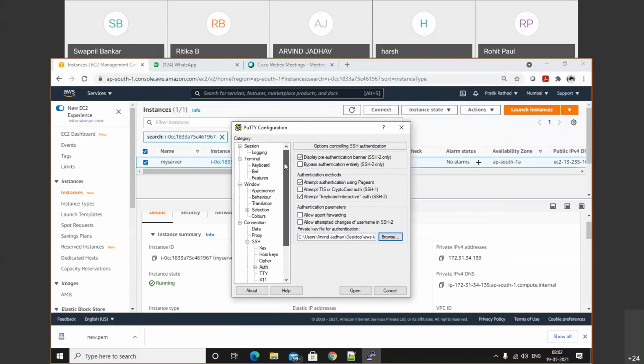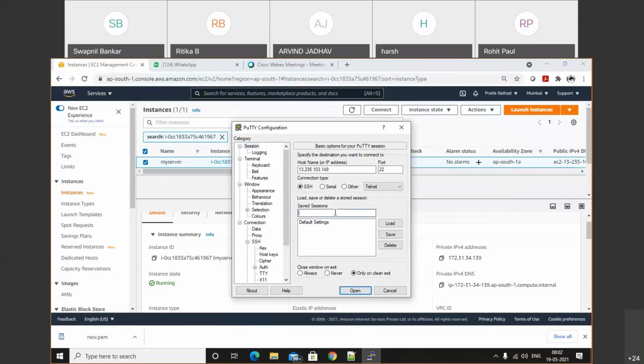After that, click on session and save it. Now we are able to access that. Make a note that here we need to specify the public IP address or domain name. Either we can use the public IP address or we can use domain names. So click on open.